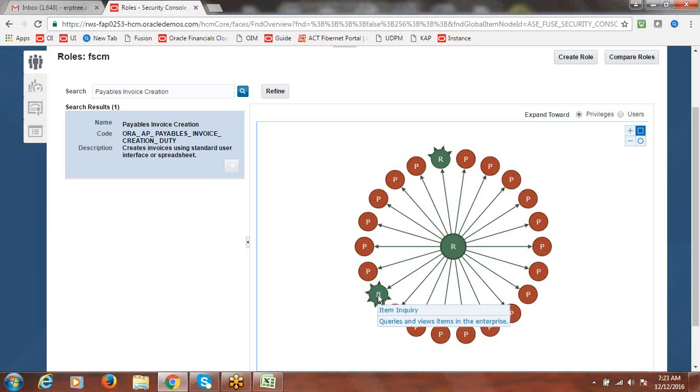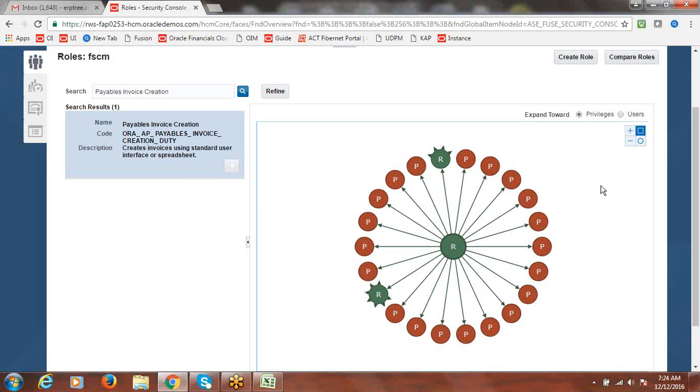Say here, item inquiry. Or else when you are working on payables, the payables is tightly integrated with purchasing. So whatever purchasing functionality is connected with the payables, that kind of functionality you can call inherited, and the relevant roles you can call inherited roles.